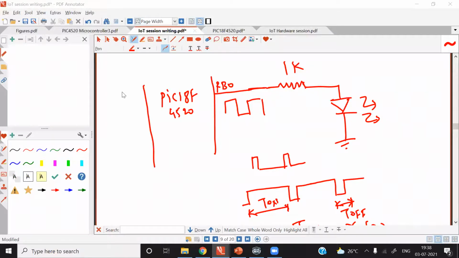Can we make a single pin high instead of the entire port? Yes, possible. Tomorrow I'm going to discuss bit addressable instructions. So with the help of bit addressable instructions, you can selectively control any port pin, not related to only one port, related to all ports. So we can modify any single port pin on any port with the help of a bit addressable instruction. It is possible.